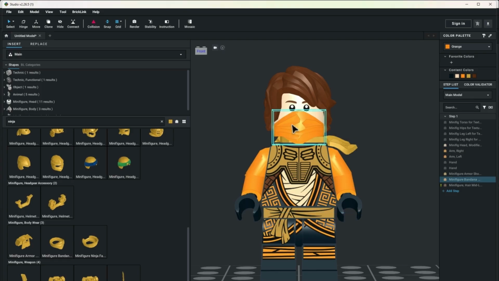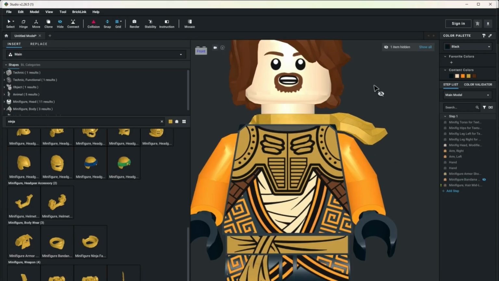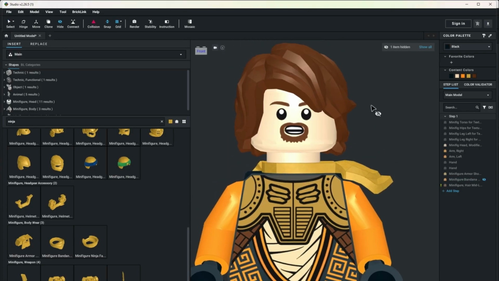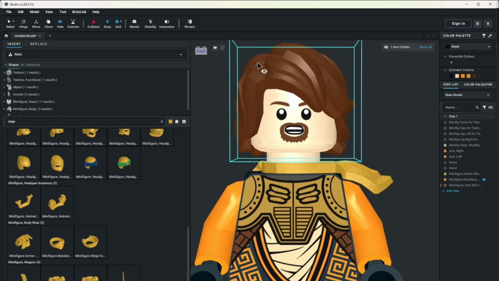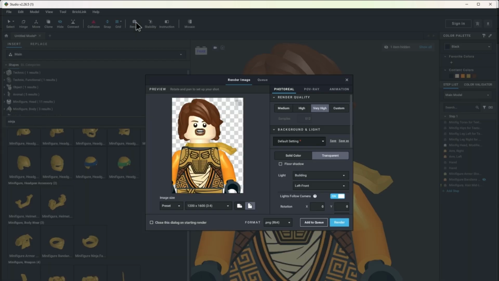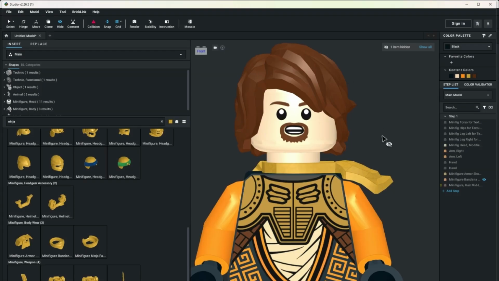Though I think I might, if we look at the head, it's not perfect. I might fix that up, give him some new expressions. And then, to render them, you just use this render option here, choose the lighting and whatnot, and then press render. So I'm just going to go fix him up a little, and then I will show you the final